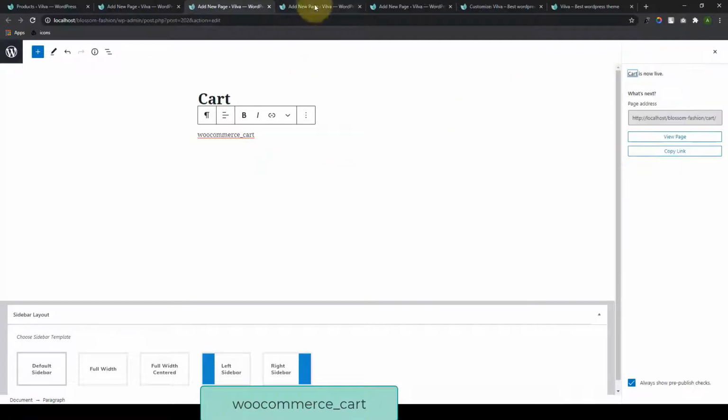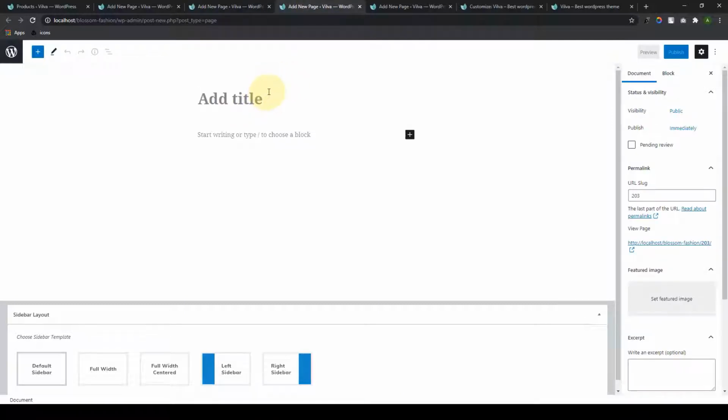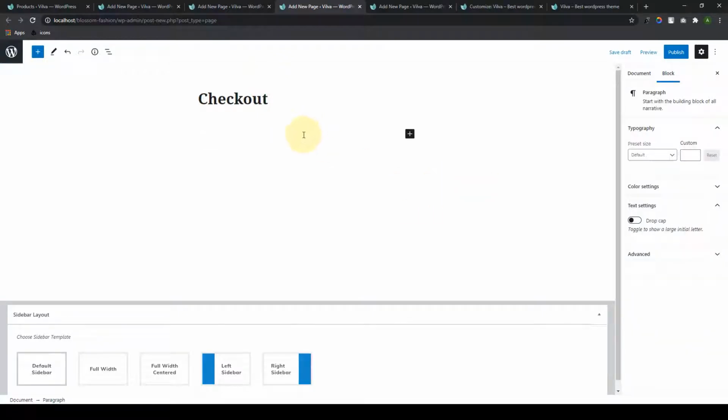The third page you will have to create is checkout. Just type in checkout in the title section, and over here add in the WooCommerce shortcode, and the WooCommerce shortcode for checkout is WooCommerce_checkout,